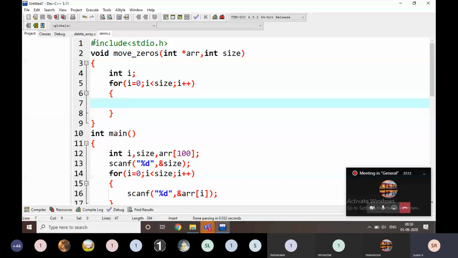Okay, I am going to print all the values. That means it is going to print all the values.